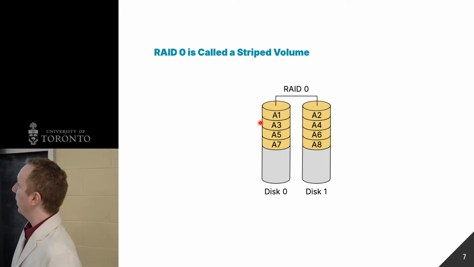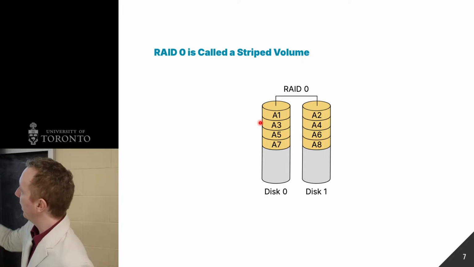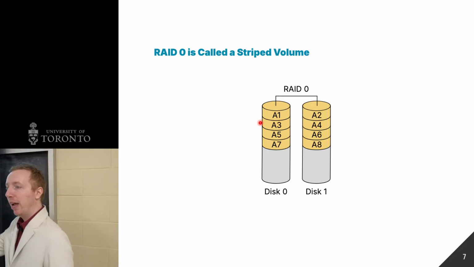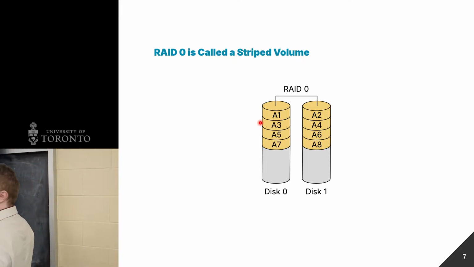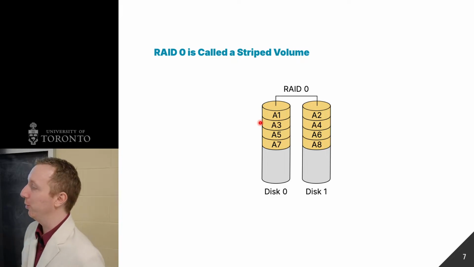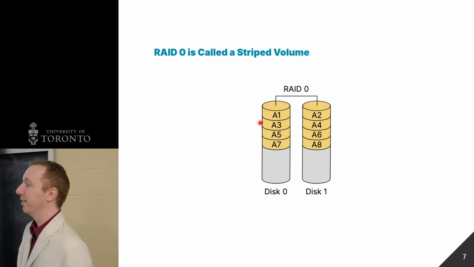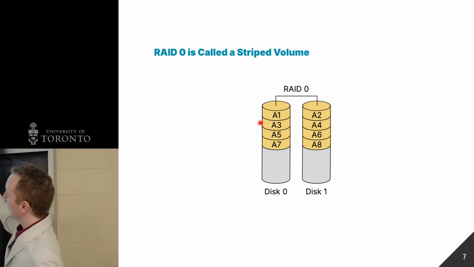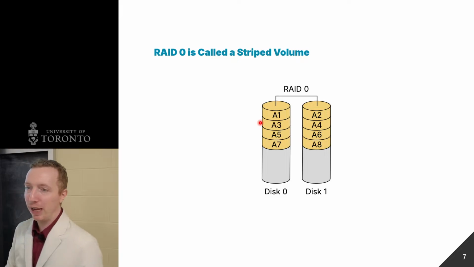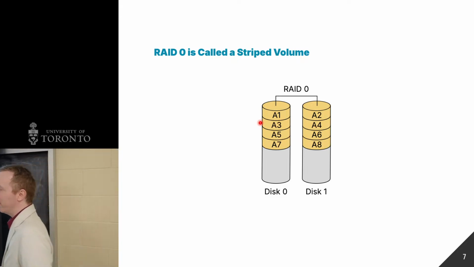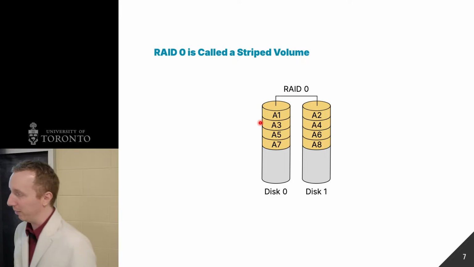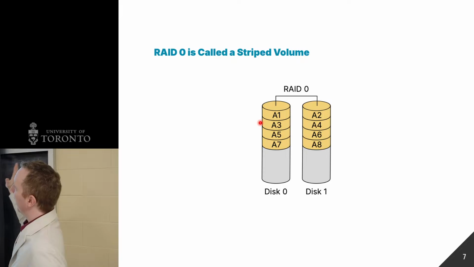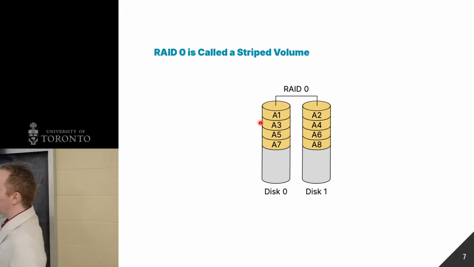All right, what is the problem with this? So let's say I split my file up, so half is on one drive, half is on the other. How many points of failure do I have now in order to lose my data? 2, right? Because if I lose one of these 2 disks, I've now lost half of my file. Half of my file is not terribly useful. I can't actually do anything with it. So the whole idea of this is purely performance, but I'm actually adding more points of failure.